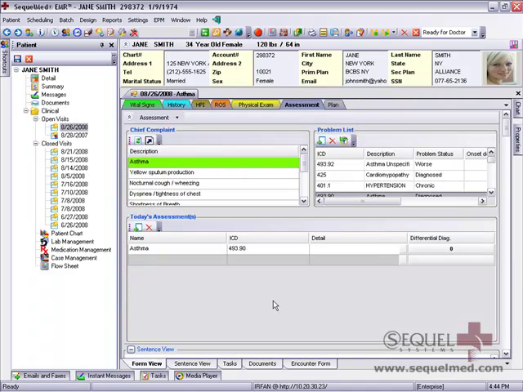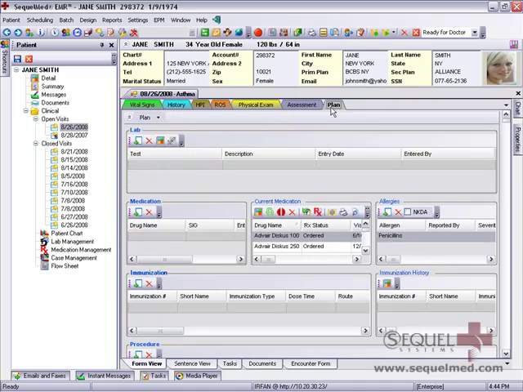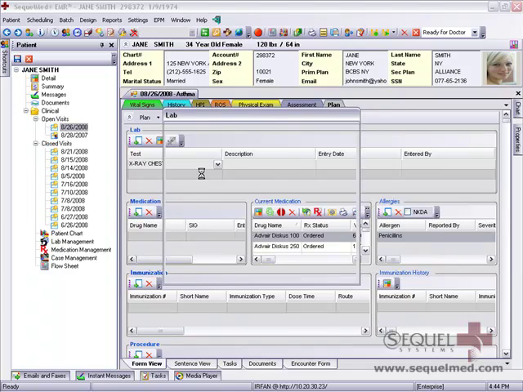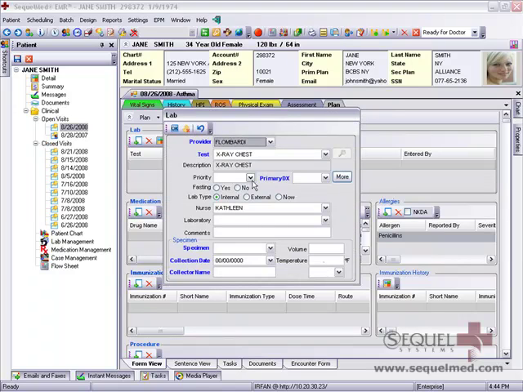When completed the assessment, the physician can now move on to the plan section of the template, which is comprised of smaller sections, lab, medication, as well as others depending on your workflow. A lab can be ordered by simply clicking on the drop down. In this case, we want to order a chest x-ray, which opens up a lab window based on the primary